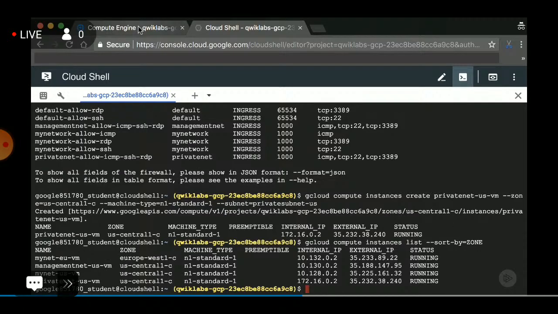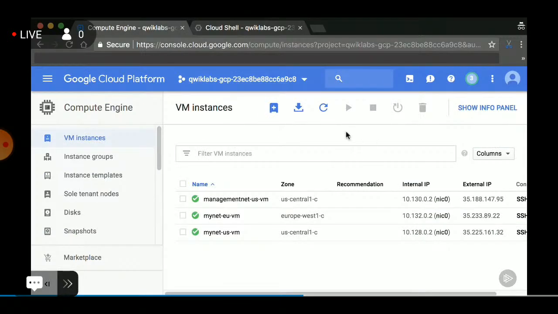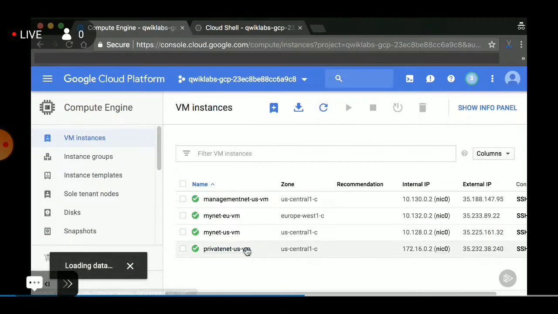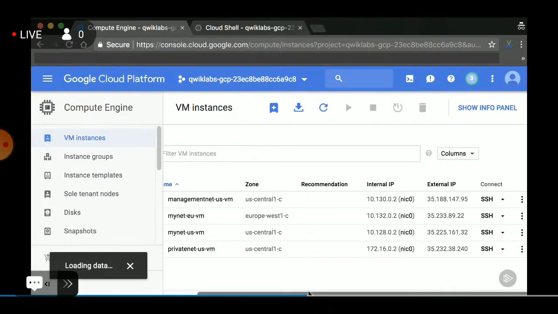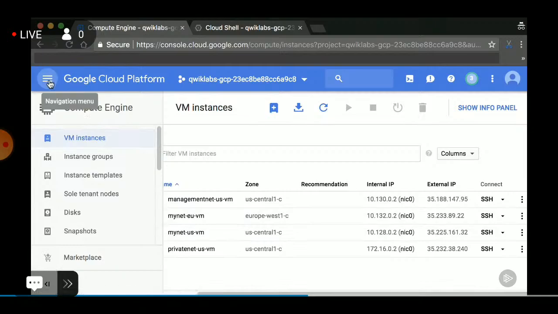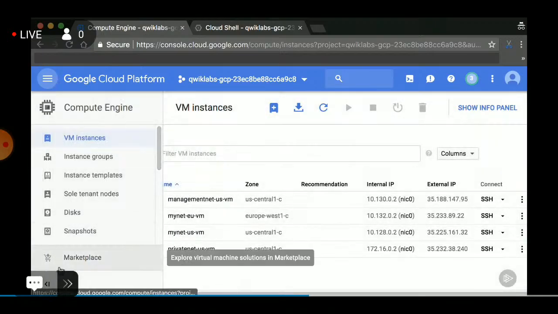I can see the same if I go back to the GCP console. I'm just going to have to refresh here quickly because of the instance that was just created. Now, currently you see that the network is not being displayed here. But if I collapse this,